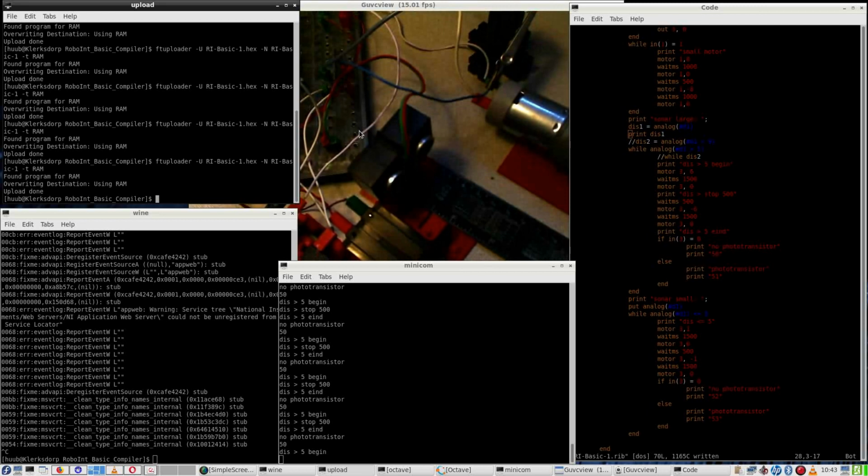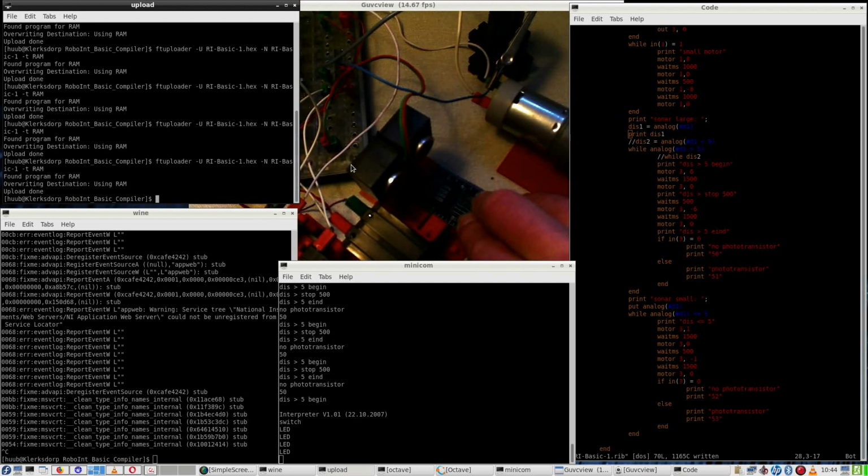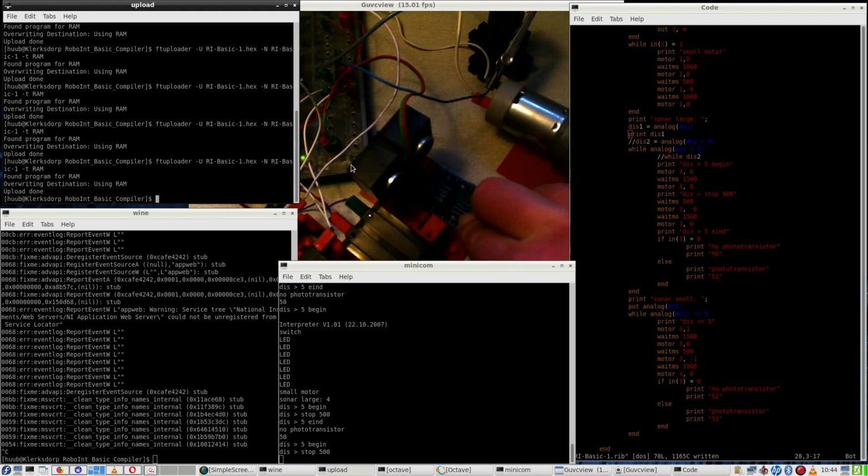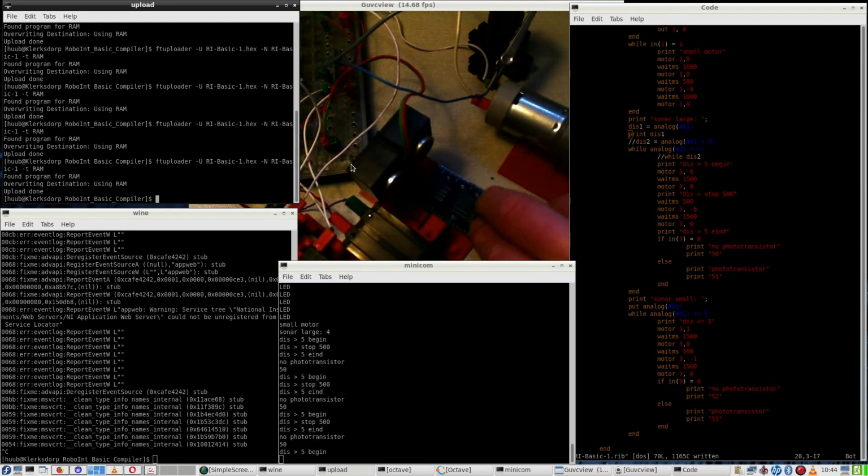And then my fingers at 3. Oh, wait, of course, select the memory. Go. Press the button. Yeah. Sonar large is 4. Which is not true. Well, maybe a bit, but there is at 4. So